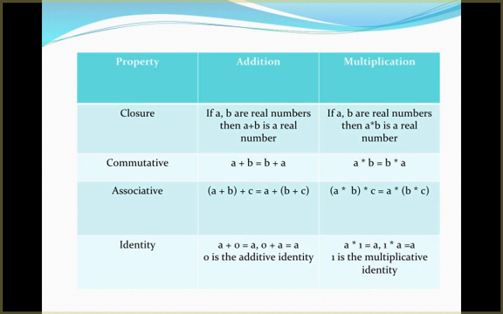Now the last thing we're going to do is just look at properties and discuss them. This is just one of those things that you're going to have to memorize. If you understand where the terminology comes from, it makes it a little easier to memorize what the terms mean. So first thing, let's look at this property called closure. Here's all that closure means. And notice that we have two columns here, a property for addition and one for multiplication. But if you understand the general concept of the property, you'll know how to get the addition and multiplication properties